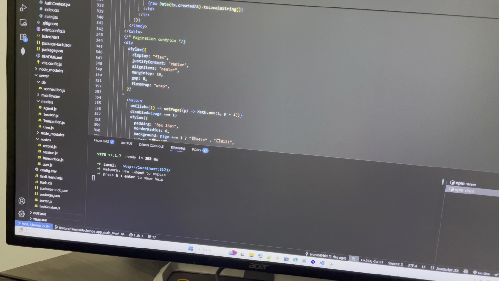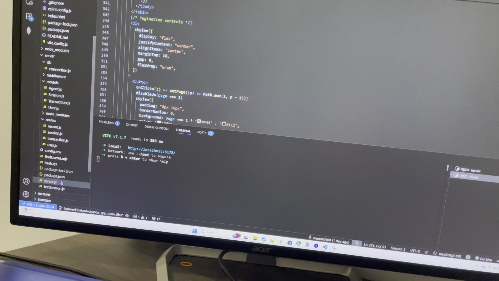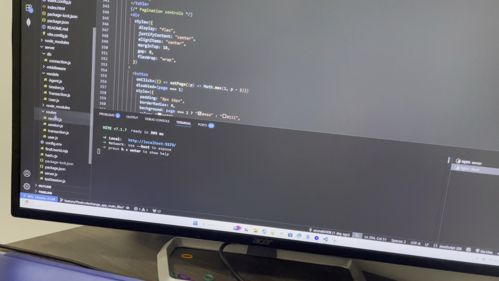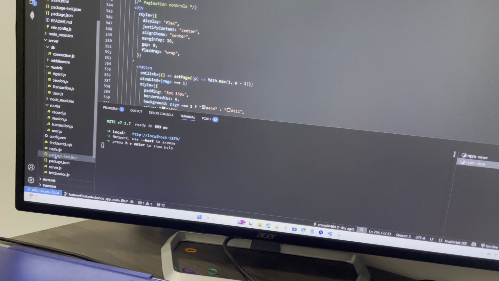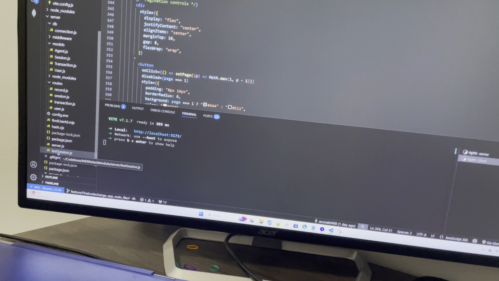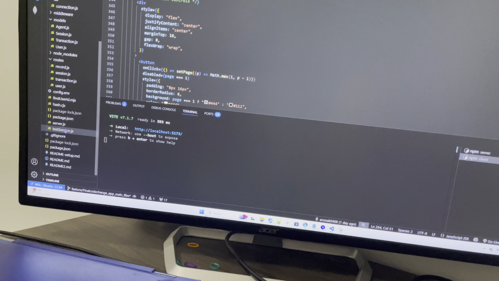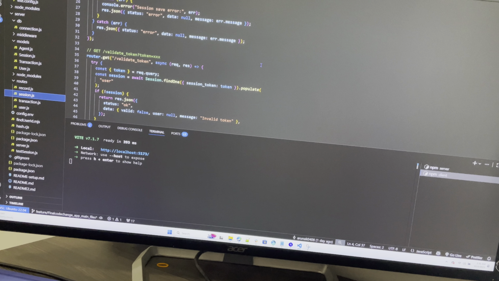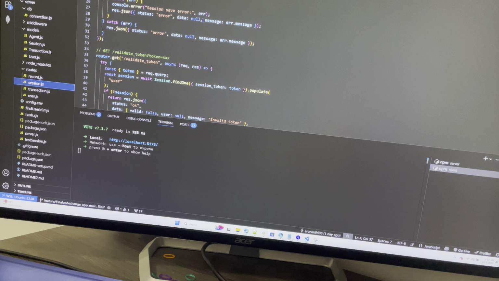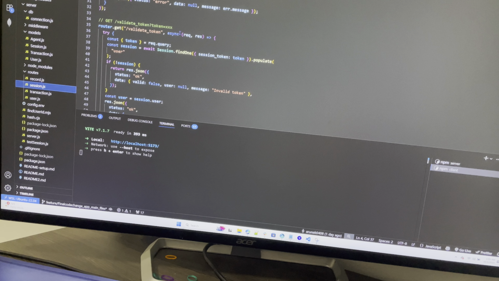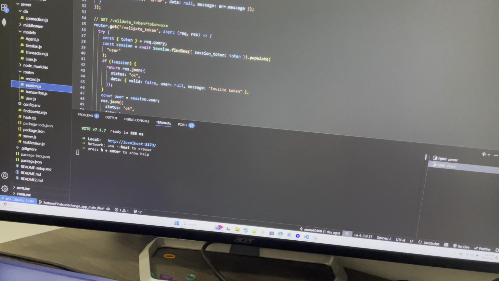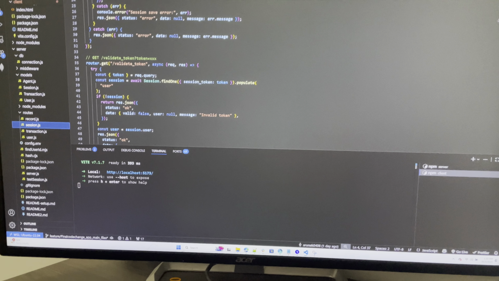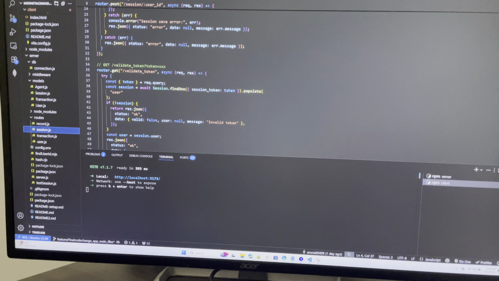And the session token validation is done in this file, session.js. This one. See, this get endpoint is validating the token, and it checks if a session token is valid or not. If valid, it returns the user's info,